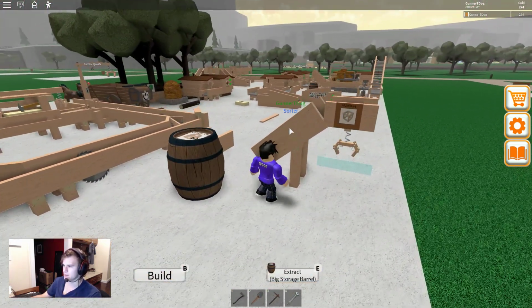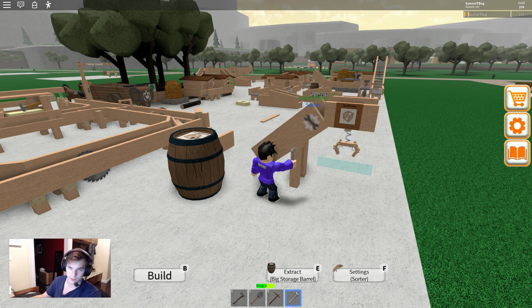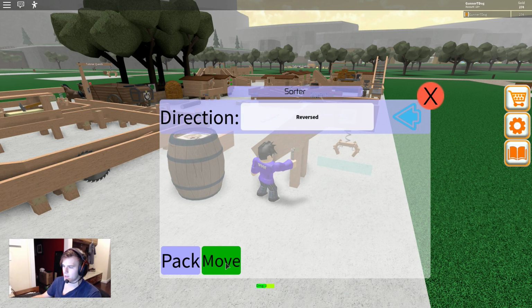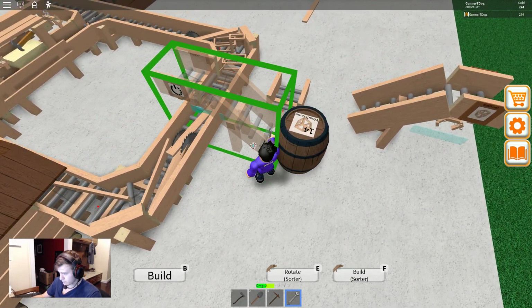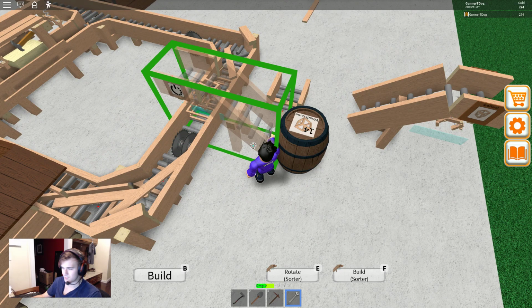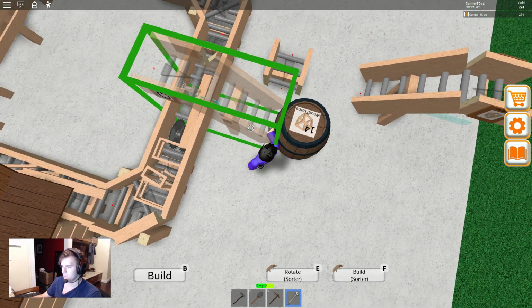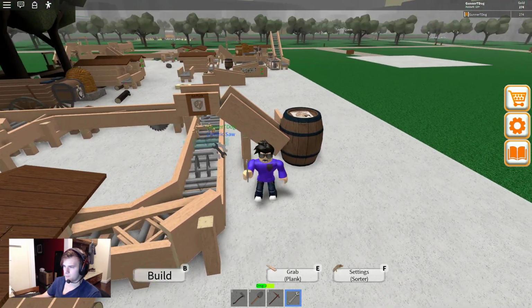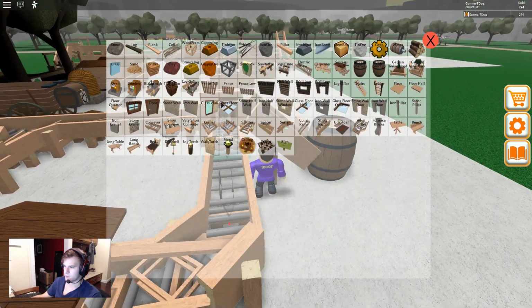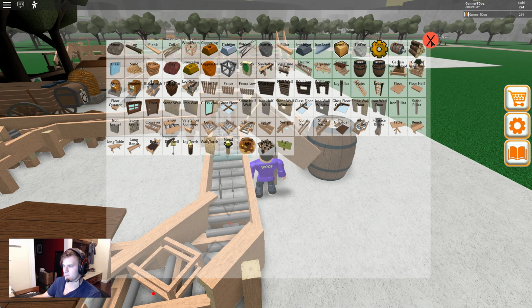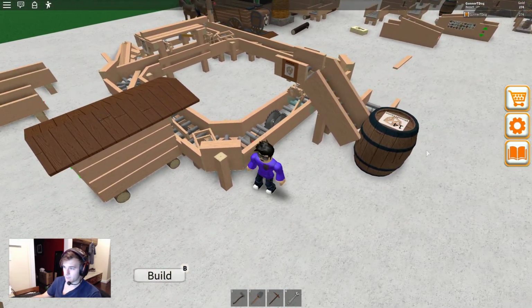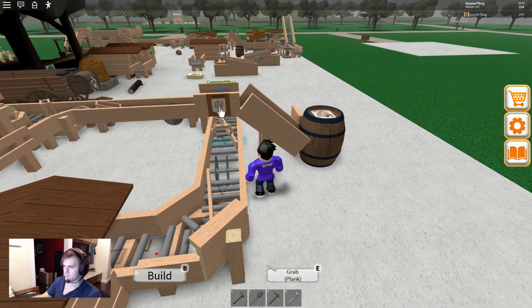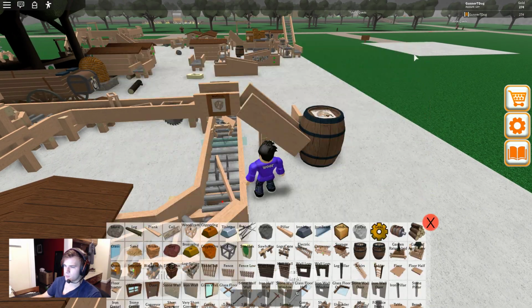So you can use this nifty little tool, sorry, not tool, called, I'm so bad with names, a sorter. What a sorter does is it just hangs over a conveyor, and you can set it to pick up whatever you want. I can have it pick up planks, I can have it pick up the frames, like in this case, I have it set to frames right now, and I'll give you a little bit of an action shot of